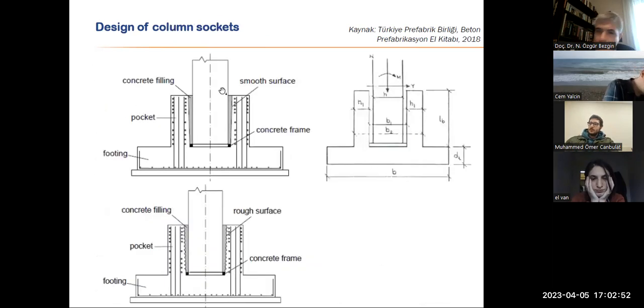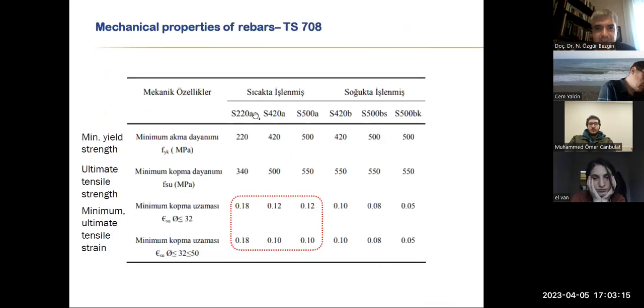And then we have the columns. A typical design for the cast in place has a similar design for the prefabricated version, where the column is socketed in a socket that can also be prefabricated, designed according to the geotechnical conditions. Then the whole building from the ground up can actually be prefabricated. So all these elements can be responded to in detail.